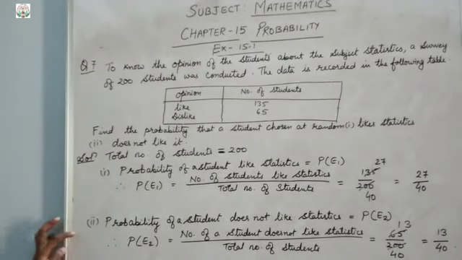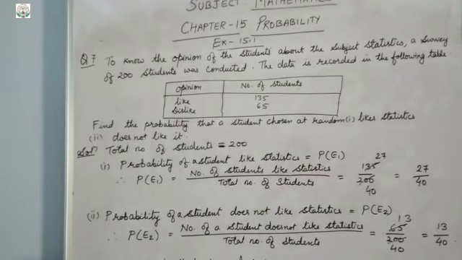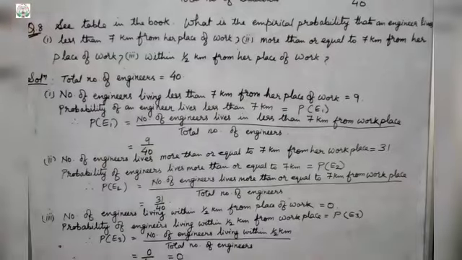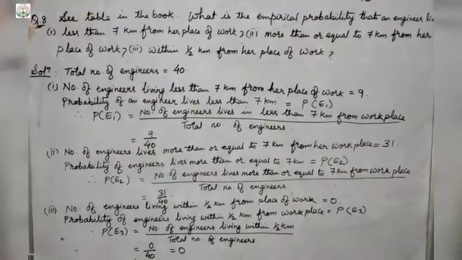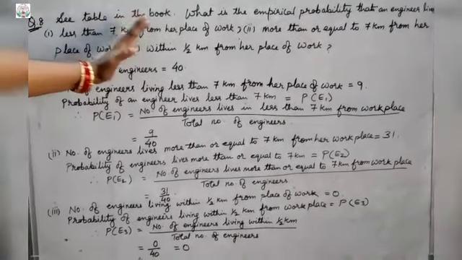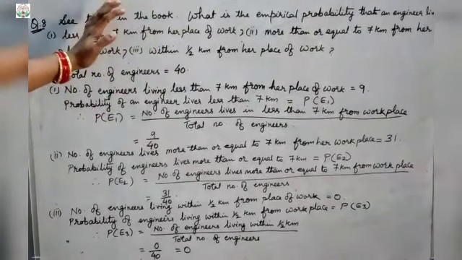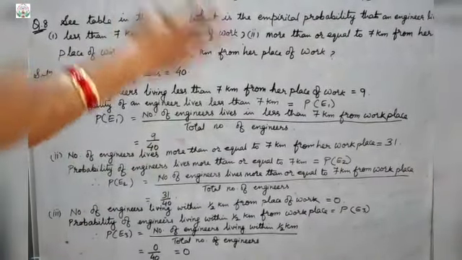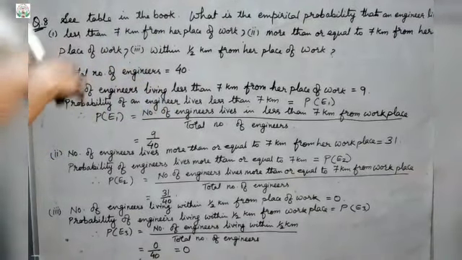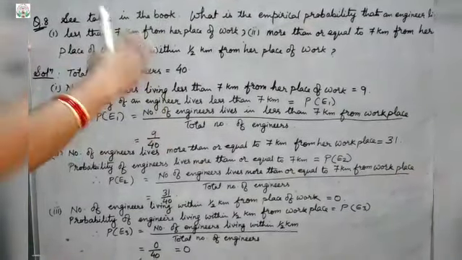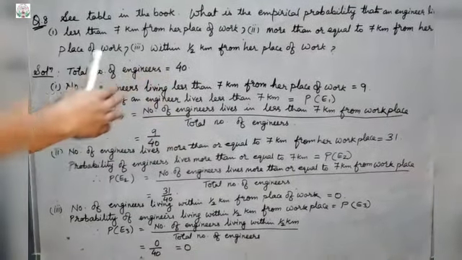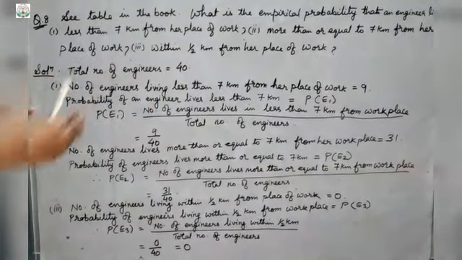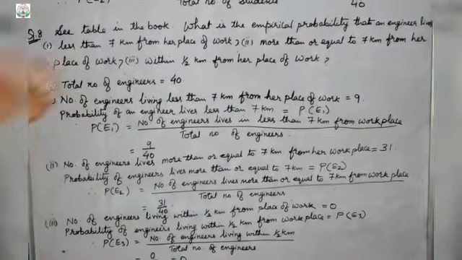Okay. Now let us move to the 8th question. In the book, you might have seen the numbers are given in random order. That means in the book it is given that the distances of 40 engineers from their residence to their place of work were found as it is. In the table it is given 5, 3, 10, 20, 25, 11, 13, 7, 12. Likewise data is given. You can see those distances from their homes to their workplaces. So you can see 40 engineers' distances are given there.